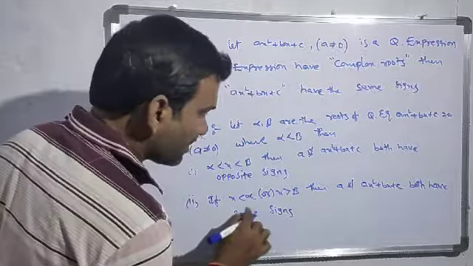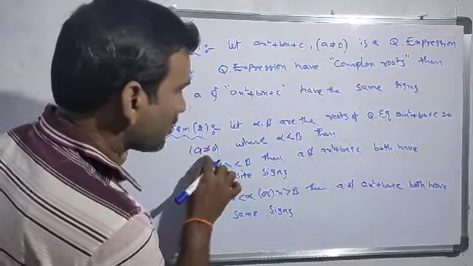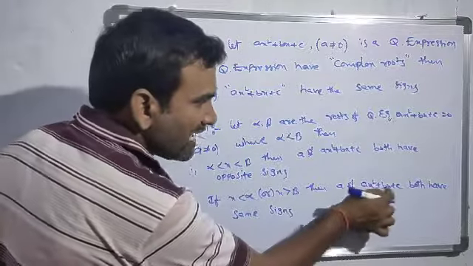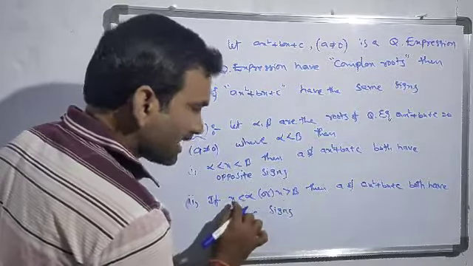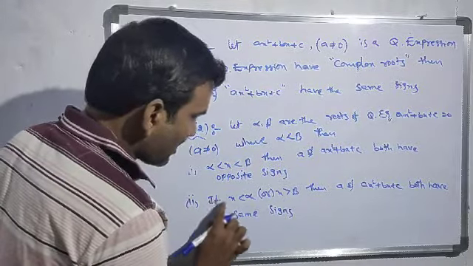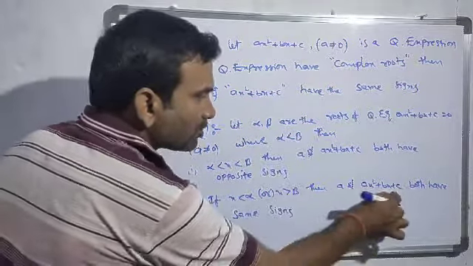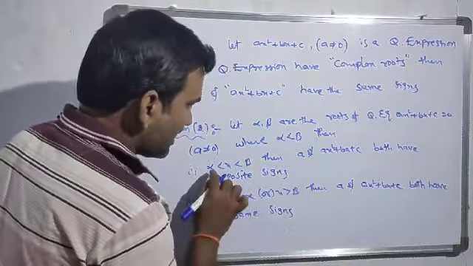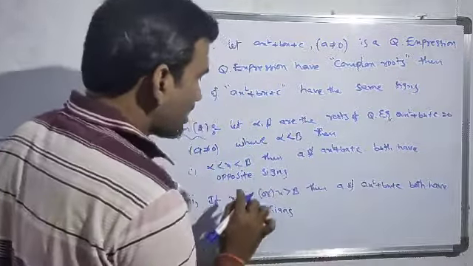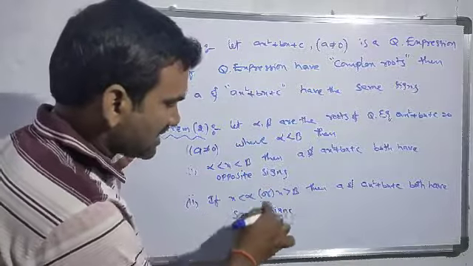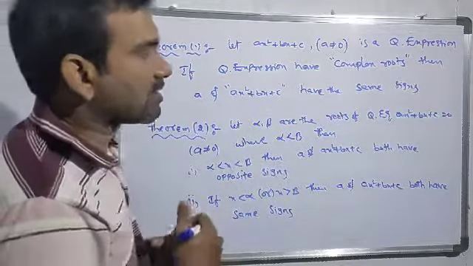Okay, that means if a is positive, here already we discussed that a not equal to 0. If a is positive, the expression should also be positive. In which condition? When x is less than alpha or x is greater than beta. In this condition, both have the same signs. Below, between alpha and beta, a and the expression have opposite signs. Outside, the same signs. Understand?